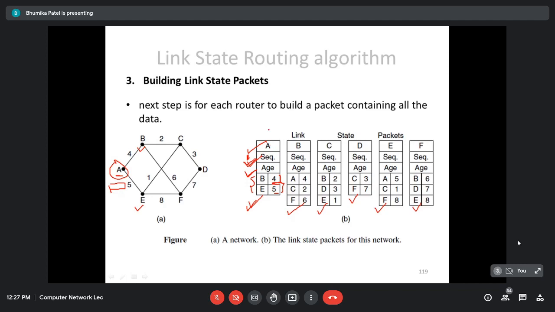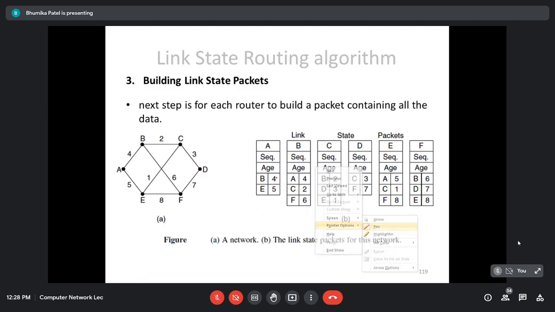Let's see what happens next time. If router A sends a second packet, a new packet it wants to send, then the sequence number will be 2 with this modified information. Then if there is a third packet from the same router, the sequence number will be 3, and so on. So the sequence number will identify how many packets have already been sent, or how many packets have already been seen by the particular router. That is the purpose of the sequence number.